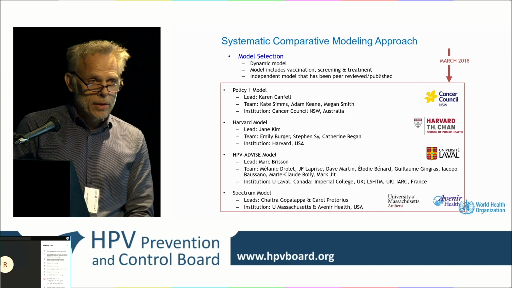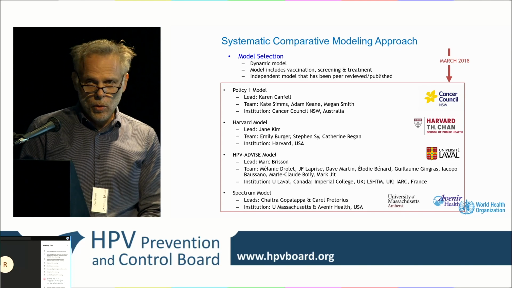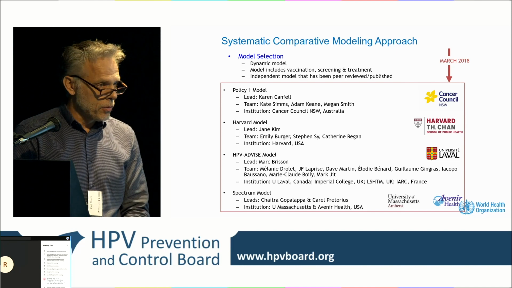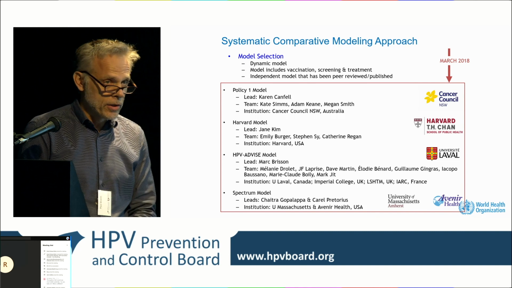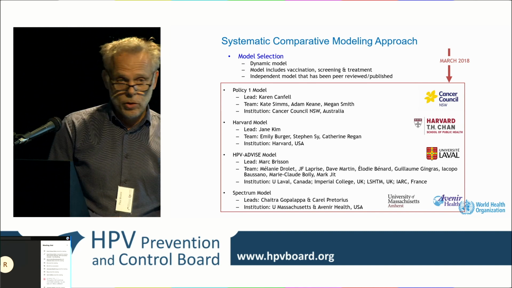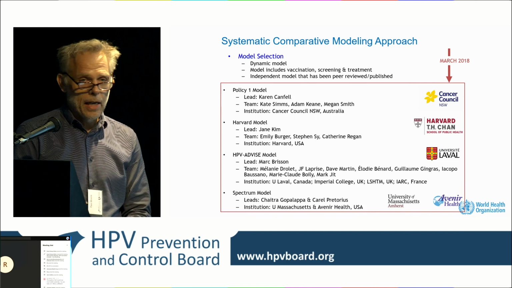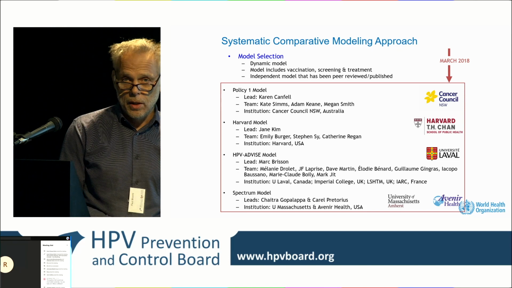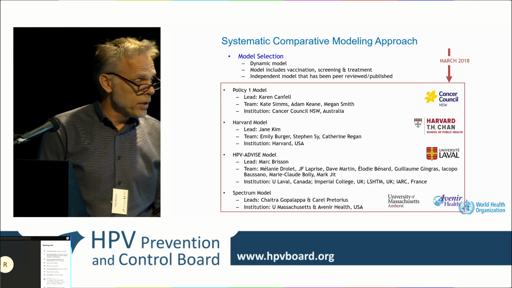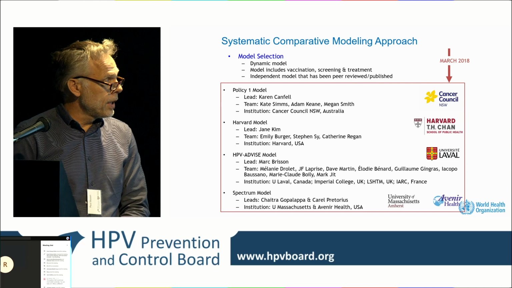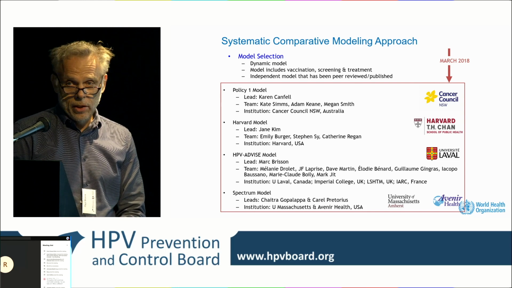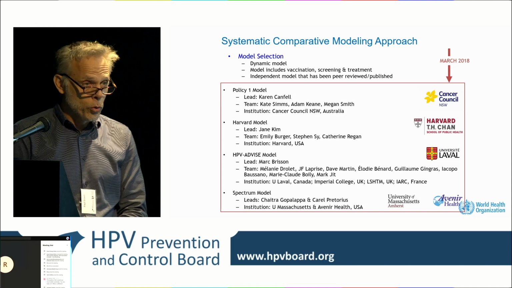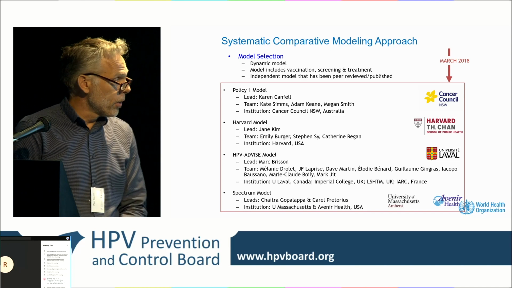The discussion started 2 years ago about whether we should go for elimination, and one of the questions was what do we mean by elimination? It's clear elimination is not eradication, so we talk about interventions that will have to go on after elimination targets are reached, and we realized we needed models to look at what levels could be reached at the global level.